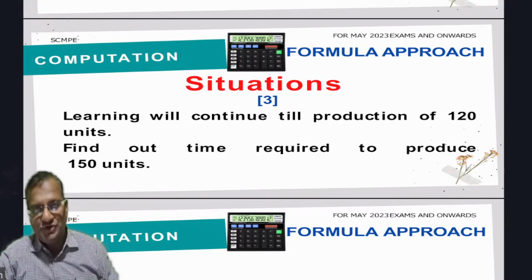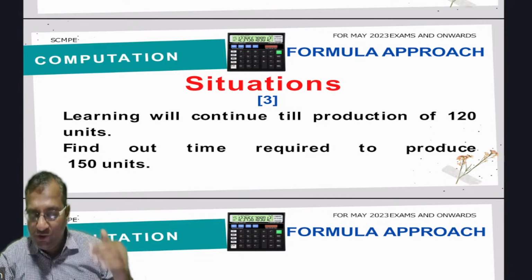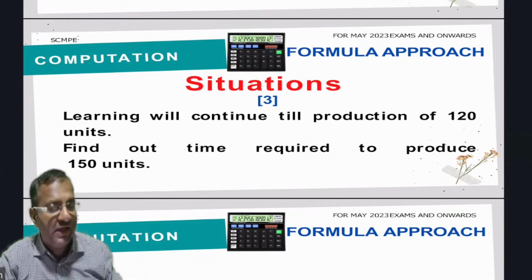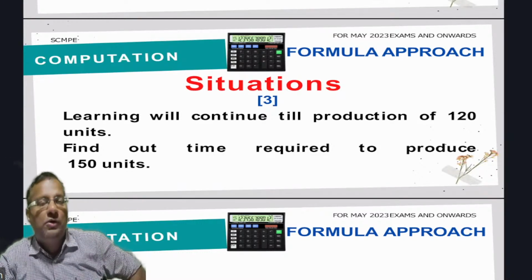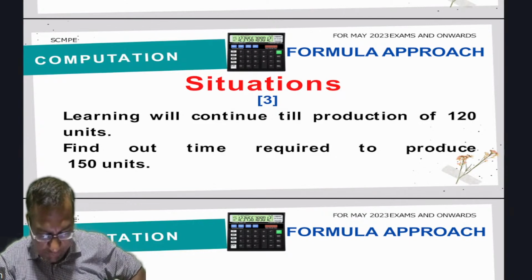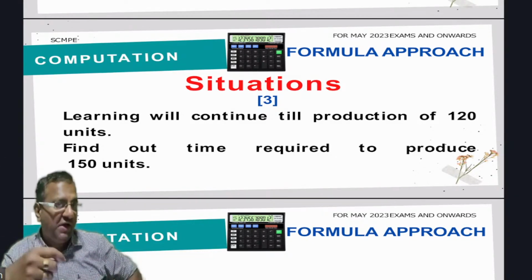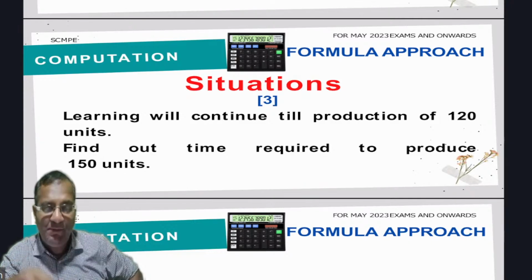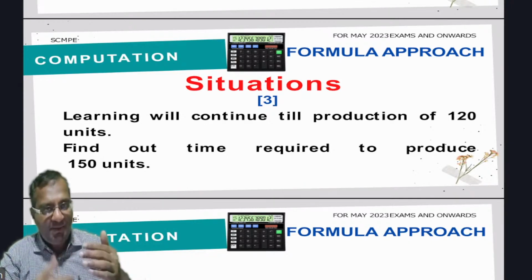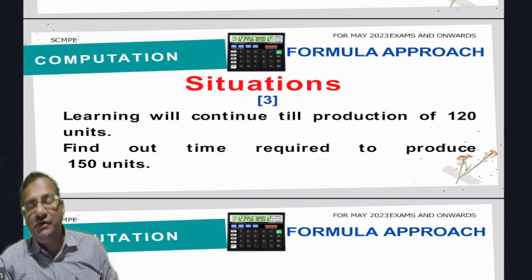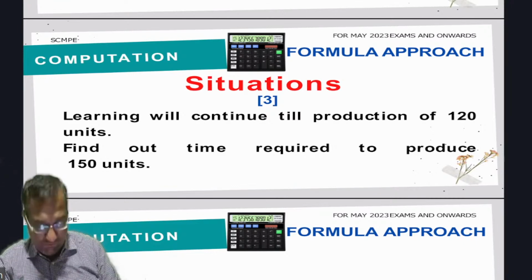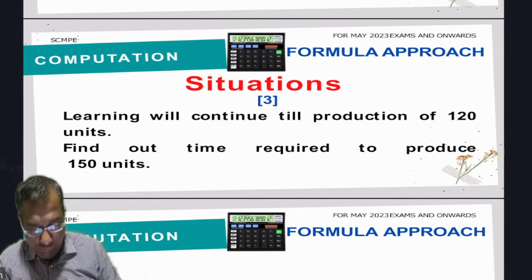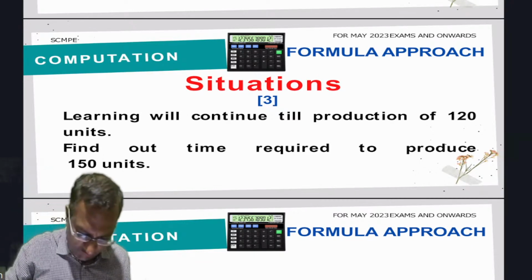So in this particular question there are two stages given. The first stage is also given regarding the learning stage and the second stage is also given regarding the stability stage. तो देखिए बेटा पढ़िए पहले, लर्निंग विल कंटिन्यू टिल प्रोडक्शन ऑफ 120 यूनिट, मतलब 120 यूनिट तक तो आपका जो टाइम टेकन टू प्रोड्यूस एवरी सक्सेसिव यूनिट विल बी लेस, कम होता जाएगा। बट 120 यूनिट बनाने के बाद नाउ लर्निंग स्टेज विल बी ओवर, नाउ द स्टेबिलिटी स्टेज विल बी देयर, और आपको क्या फाइंड आउट करना है? फाइंड आउट टाइम रिक्वायर्ड टू प्रोड्यूस फर्स्ट 150 यूनिट।